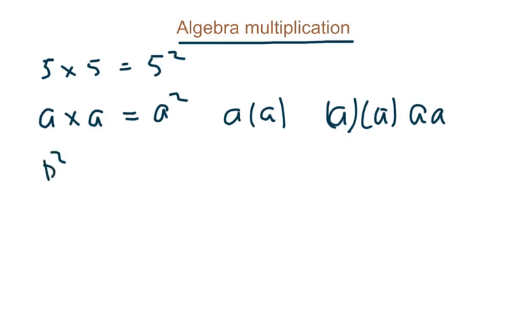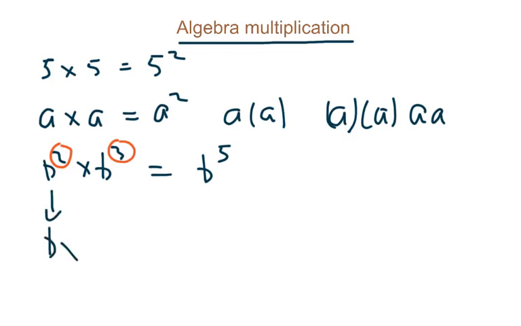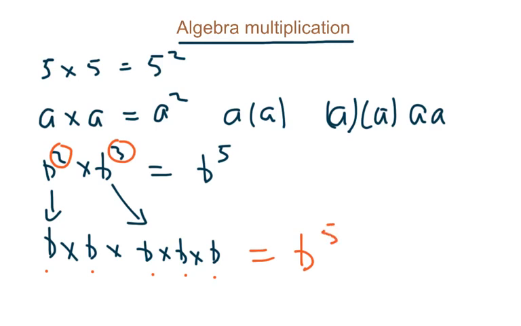b squared times b cubed. Well, that's equal to b to the power of 5. And to make sense of that, what we've done is I've just added these two powers together. The reason that works is because b squared is equal to b times b, and b cubed, b to the power of 3, is equal to b times b times b. So that's b times b times b times b times b, which is equal to b to the power of 5. Okay? For example,